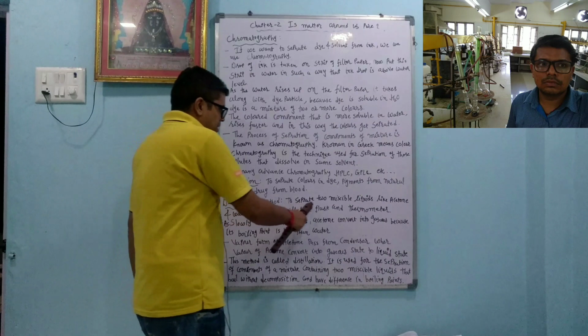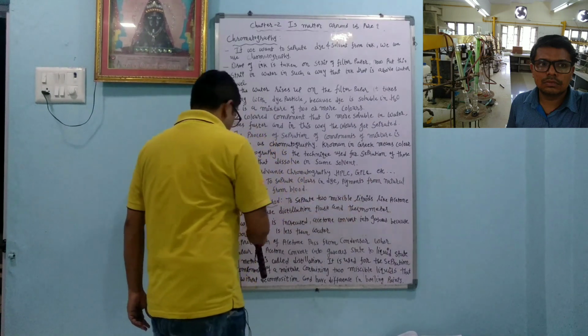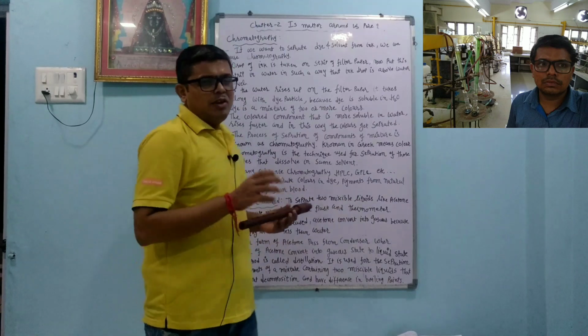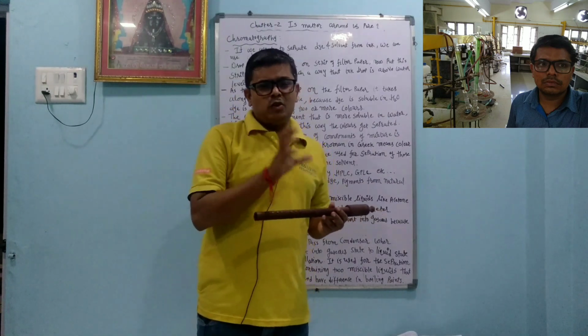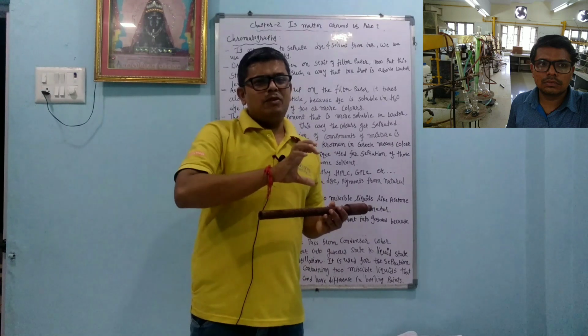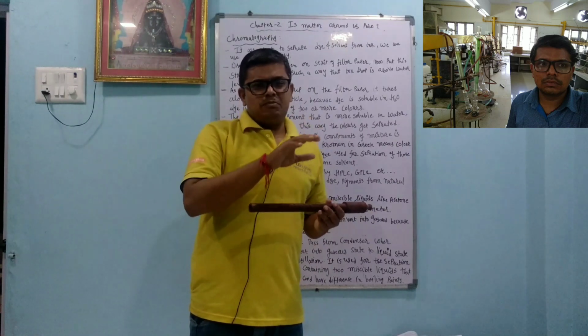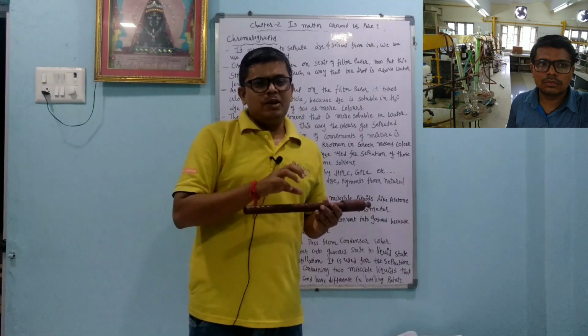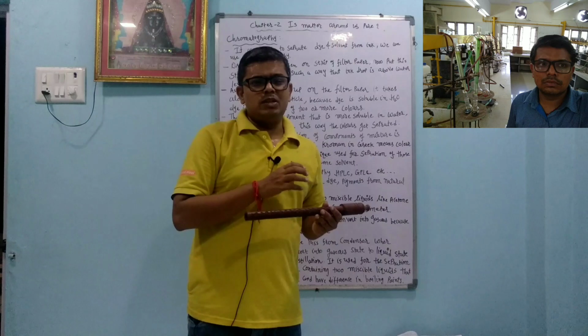Distillation method: to separate two miscible liquids like acetone and water, we use the distillation flask and thermometer. Now dear student, we have a mixture of two liquids that are soluble in each other very nicely. Whenever we take oil and water, we can separate them by the separating funnel, but whenever two liquids are totally miscible, then what do we have to use?